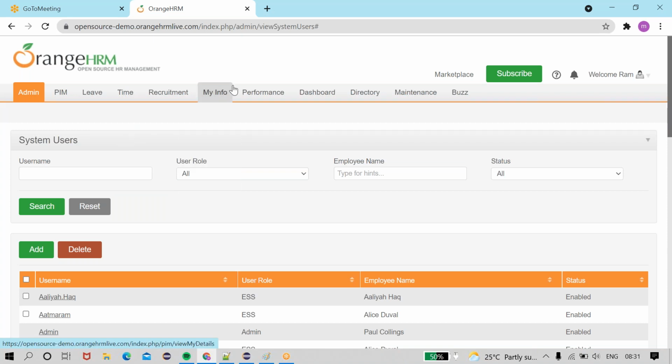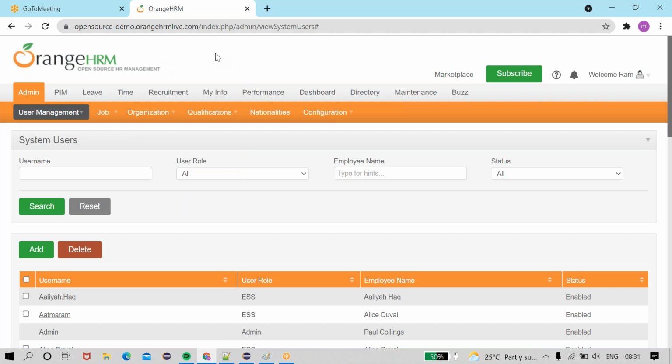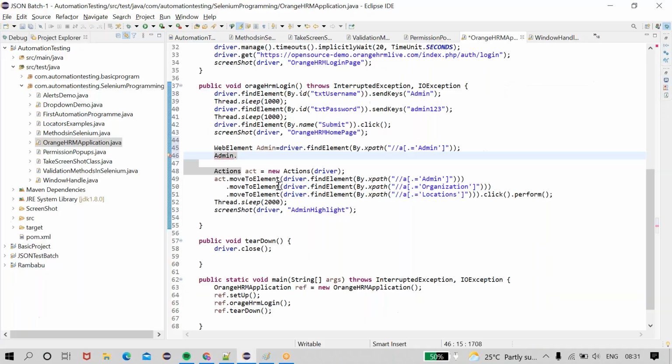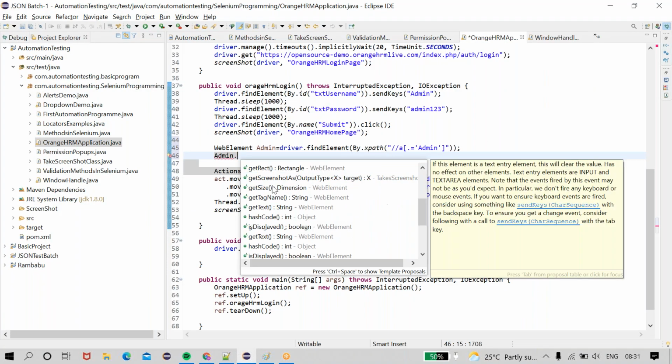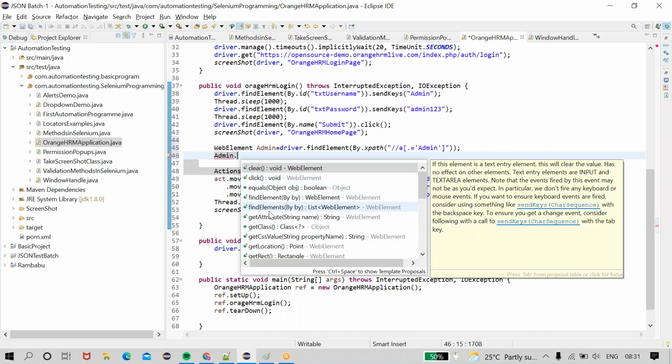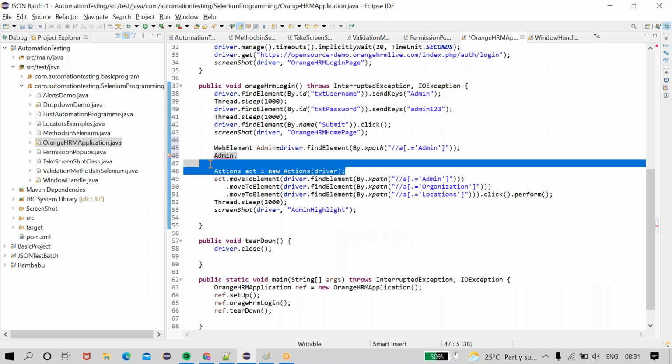Without them we cannot use this application. There are no inbuilt methods for mouse operations. To overcome this problem, the actions class came into the picture.